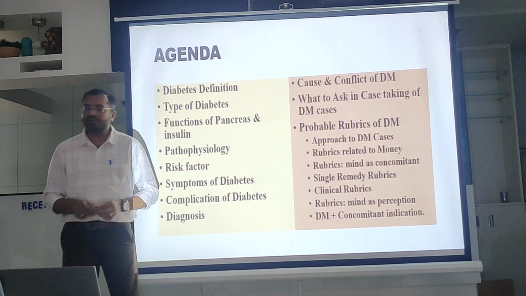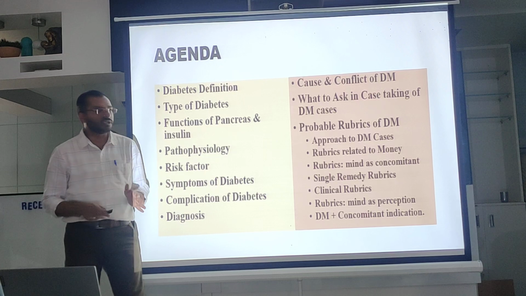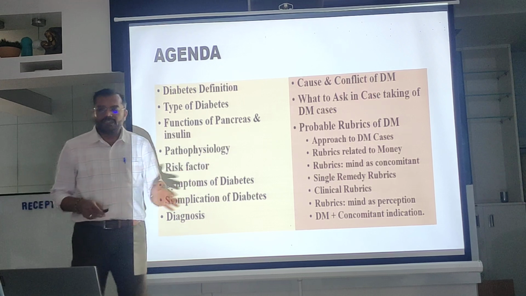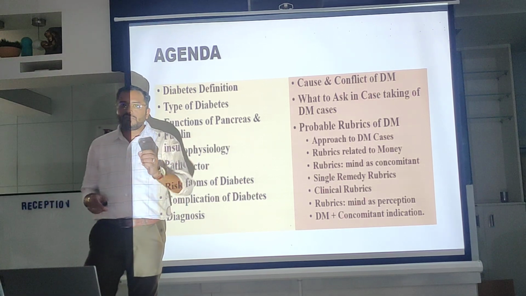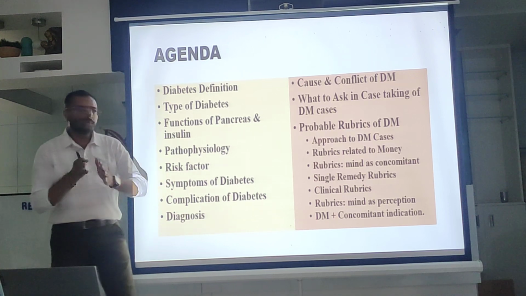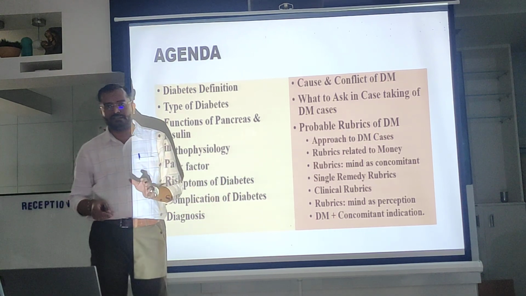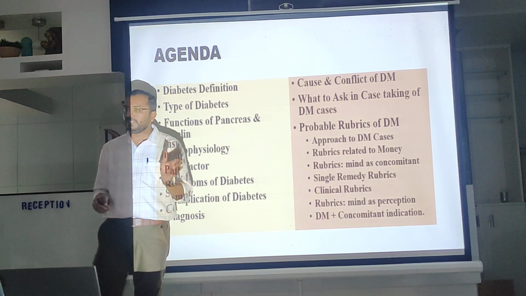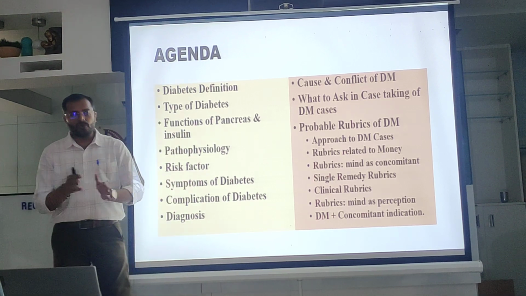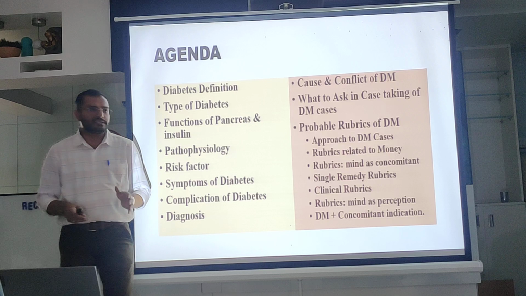The sugar level was rising. It was 250, 230, or even more than 300. That is what we call subclinical diabetes. Actually, itching is not a symptom of diabetes in an initial way, but it is subclinical diabetes. After the COVID pandemic, we have seen a lot of cases